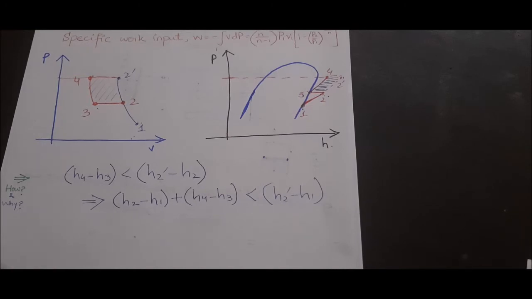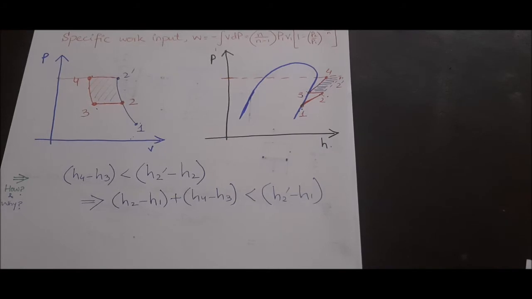So that is why the work input has been reduced, and we already have discussed that when the work input is reduced, it means that the performance would increase if the same amount of heat is being absorbed and rejected, and the cooling effect has been produced. The same cooling effect has been produced with less input of work, and that is actually facilitated through intercooling. Now how to achieve that intercooling?